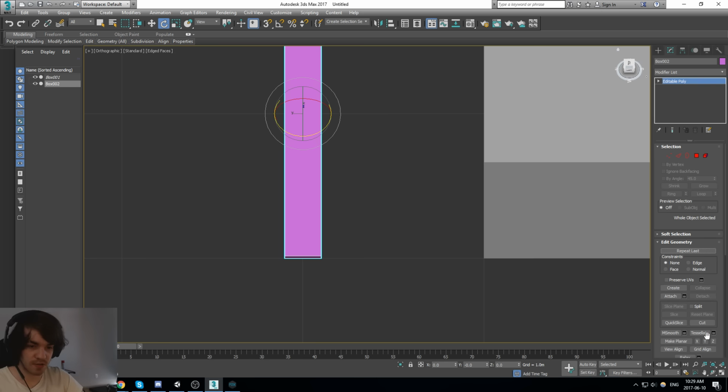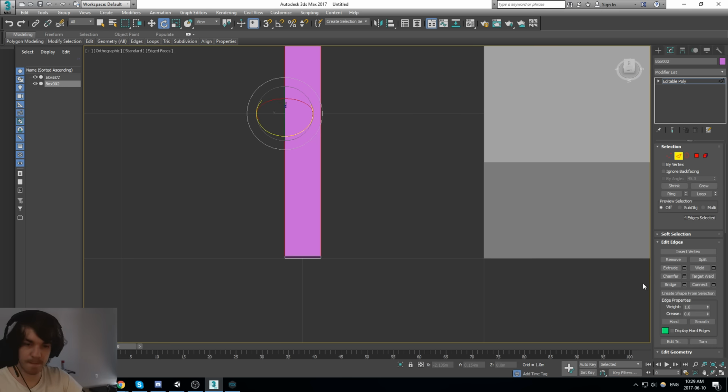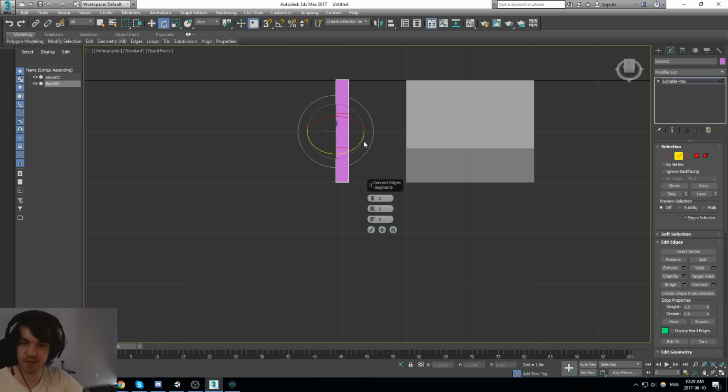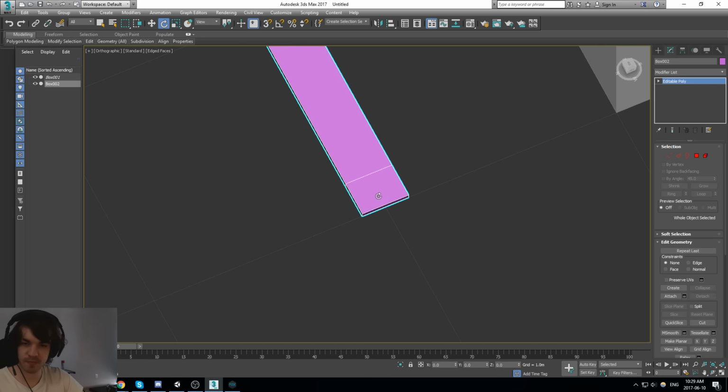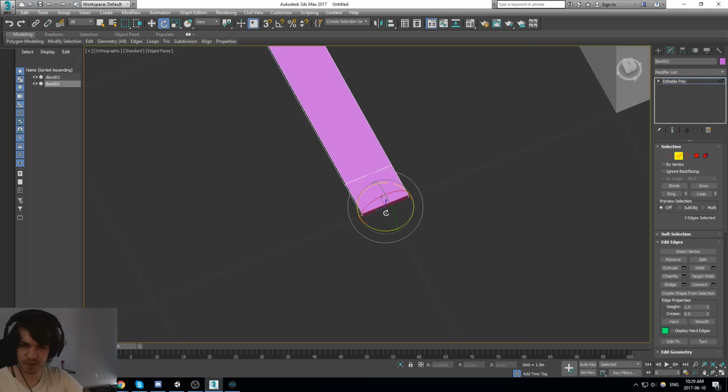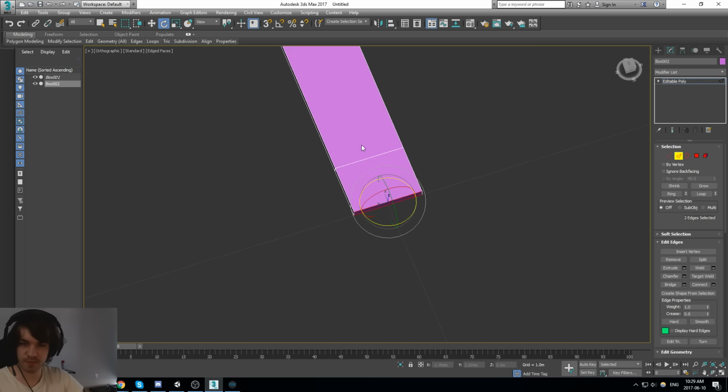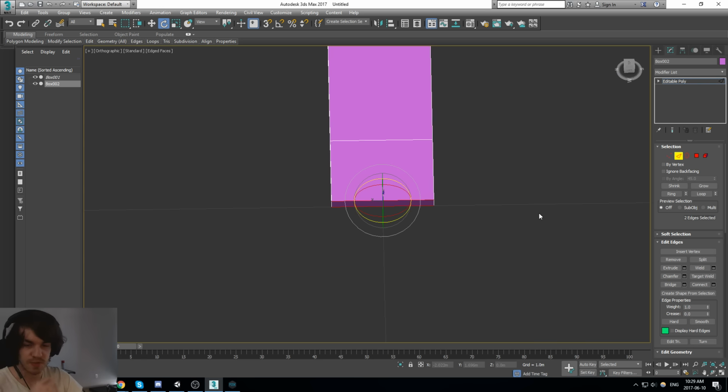Sick details. Boom, let's connect this. Where's my slicing tool? I like to just slice that in.